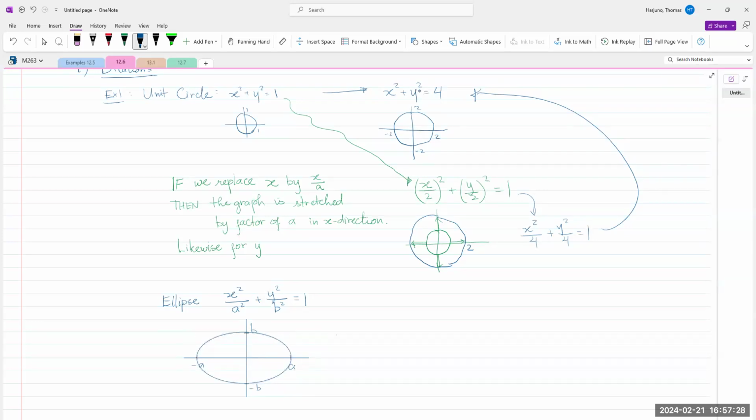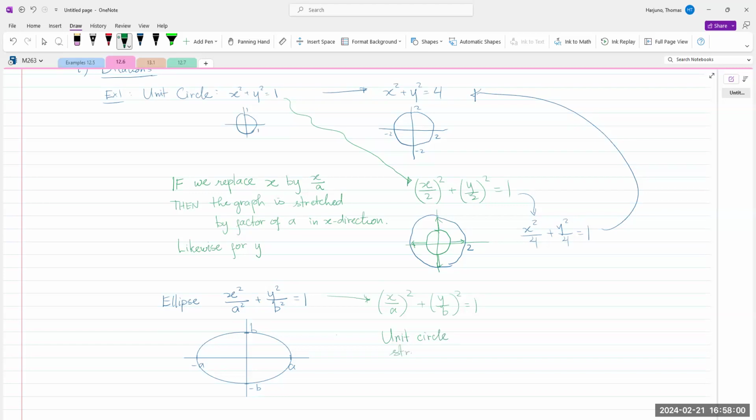Which, if you think about it, is basically a unit circle in which you stretch in the x direction by a factor of a and in the y direction by a factor of b. And because a and b are different, you don't get a circle, you get an ellipse instead. Okay, so that's basically a unit circle. You start from a unit circle,